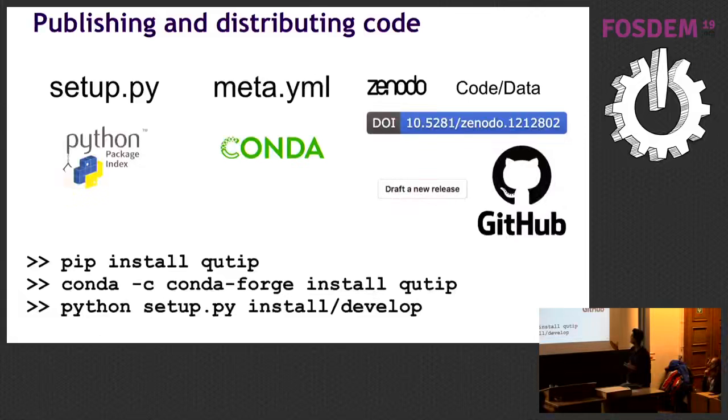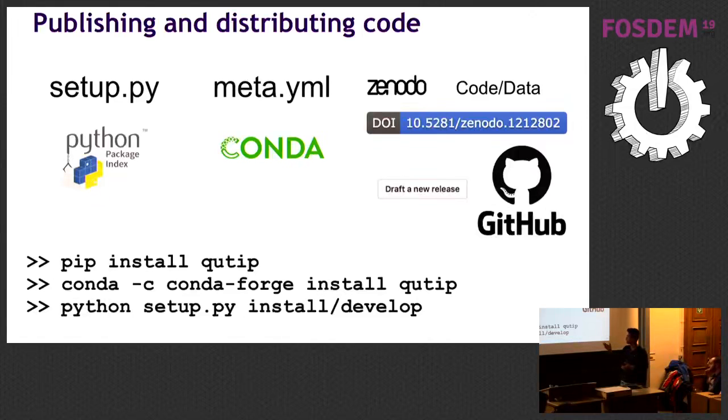And then the last part, of course. Right now, there are three ways you can install QuTiP as standard. You can install from pip, or from conda. We are following the conda-forge channel, which is a community-managed channel for code. Or you could just download the source code if you want the bleeding-edge latest developments.